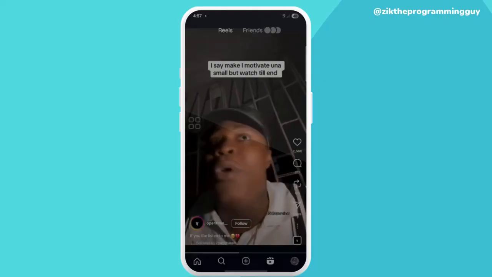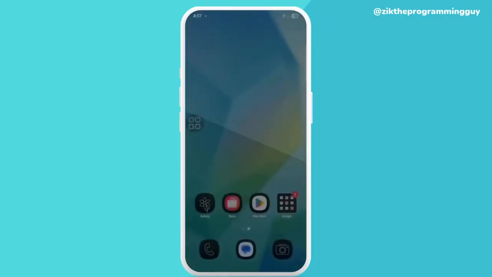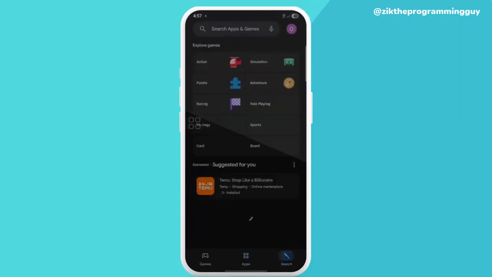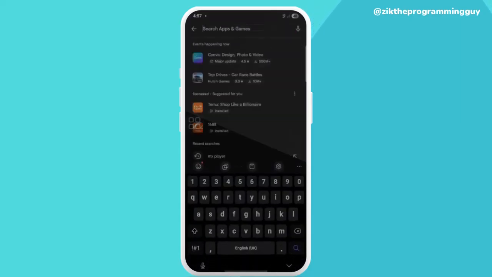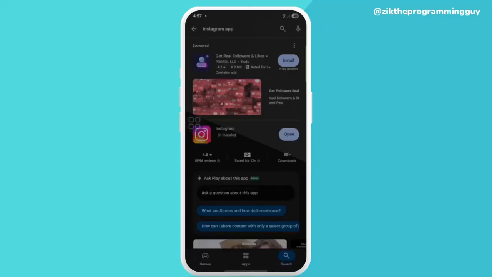So the first thing you have to do, you have to go to your Play Store or your App Store to update your Instagram. You click on Instagram. If you see Update right here, you click on it to update. But if yours is not having an update, meaning your app is up to date, so what you need to do is